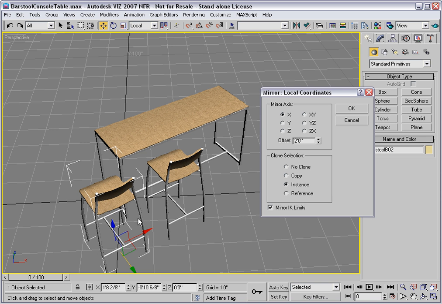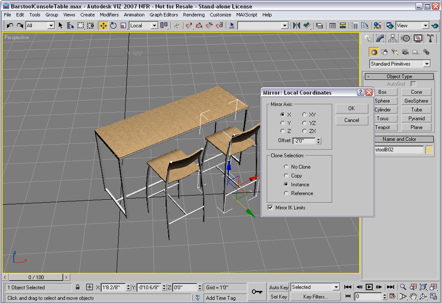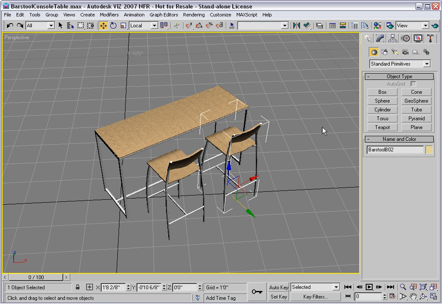So we need to offset in the other direction, right? Just put a negative number in the offset and you'll be going in the opposite direction. I'll put a minus symbol here and press Tab. So we're halfway there. Now I'll select both bar stools, and this time I want to mirror them about the